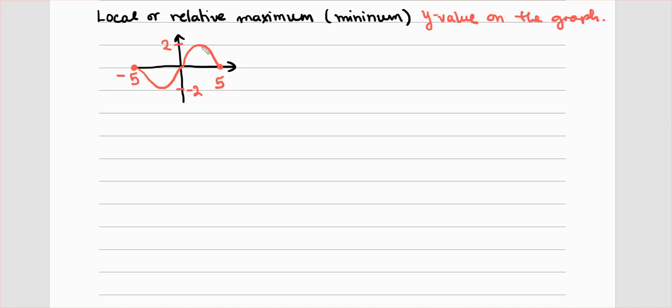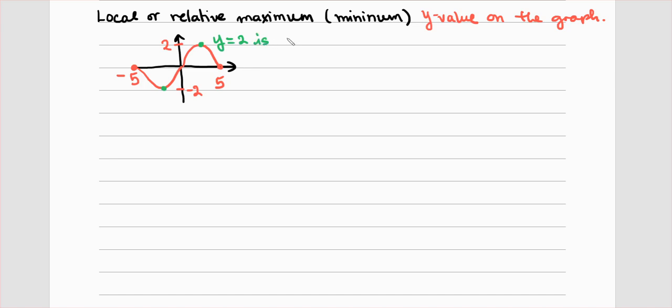On this graph, we can see right here that our maximum y value is 2, and our minimum y value is -2. So in this case, these two points where we have the y value,